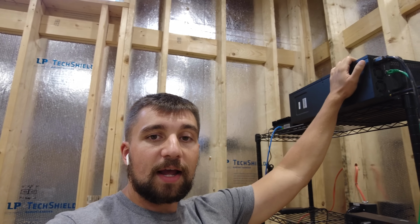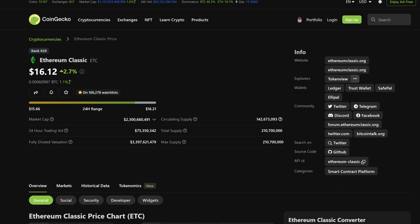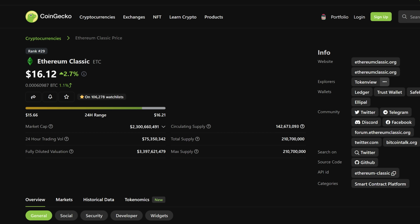But we're going to be looking at the Jasminer X16-Q. This is a new miner, and above all, it boasts world-class efficiency when mining ETC, Ethereum Classic, and other Ethash or Ethereum-based coins that are mineable still. And keep in mind, before you write off ETC and ETC mining, that is a top 30 cryptocurrency when ranked